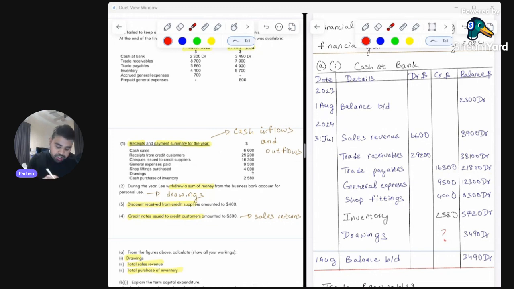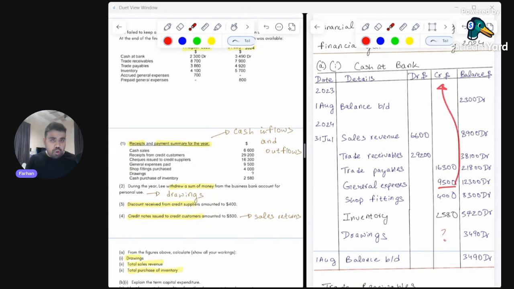Next, we have got general expenses paid, which is $9,500. So whenever you're making a payment, your balance available in the bank account goes down, and when assets go down, we credit it. So we understand we have to credit cash at bank account. At the same time, we will be debiting the general expenses account. But in this case, since we are working with the cash at bank ledger account, we are to record the $9,500 in the credit column